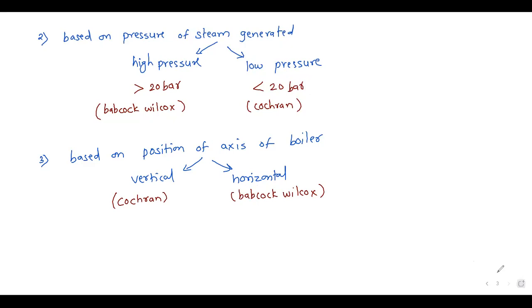And the fourth way of classifying the boiler is based on the position of the furnace. Now, what is the function of the furnace? Burning of fuel is going to take place there, right? Due to burning of fuel only, you are having flue gases. Those flue gases you are using to heat the water, and you are getting steam. So combustion of fuel basically takes place inside the furnace.